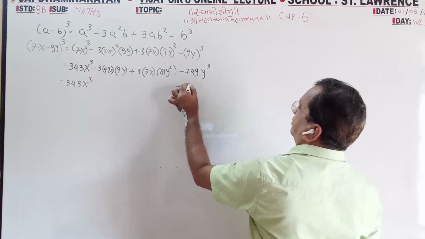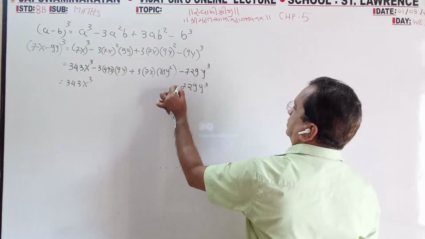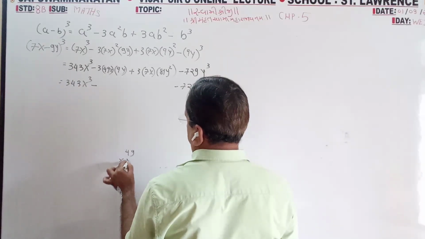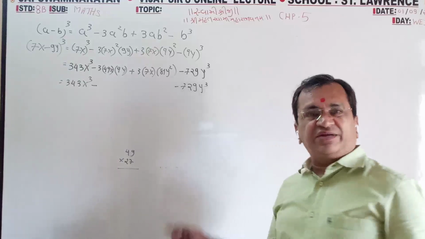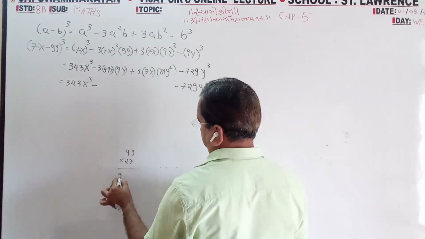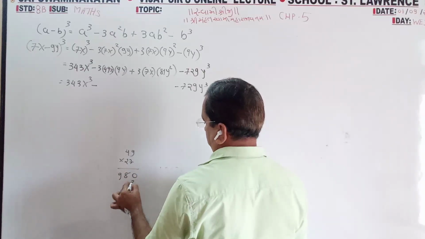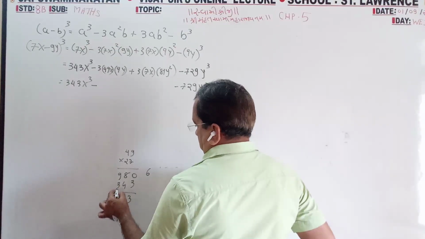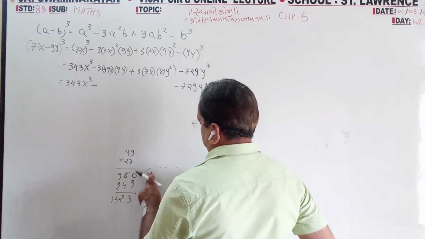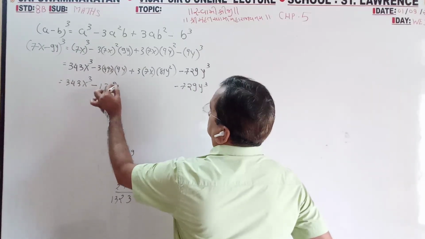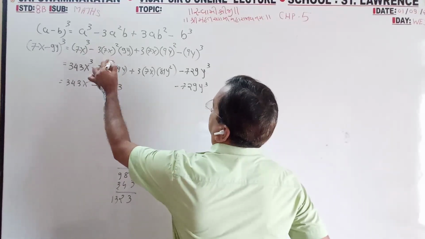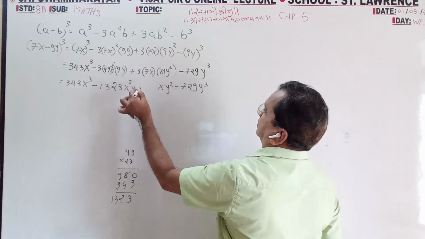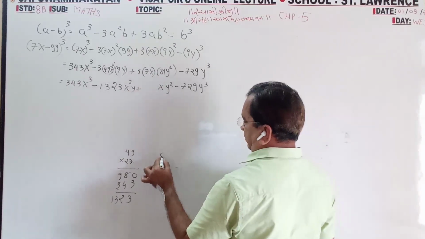Last term will be the same. 9 threes are 27, 27 49s are... This is x square y, then this is xy square. 3 sevens are 21, 21 81s are...